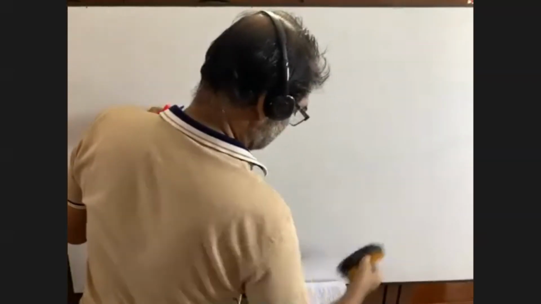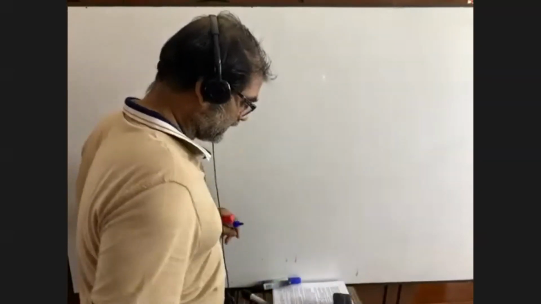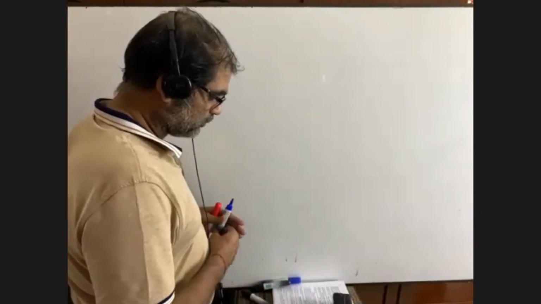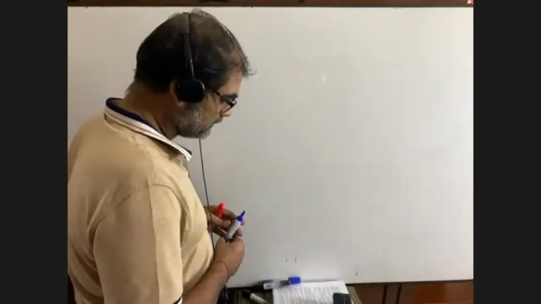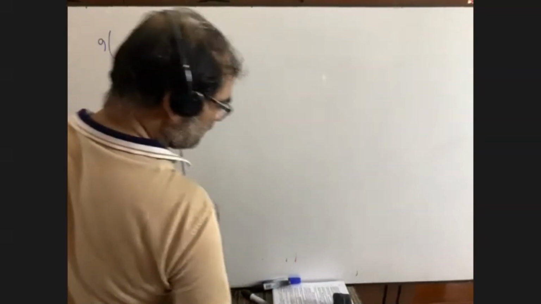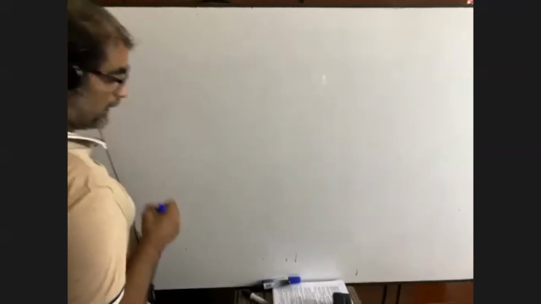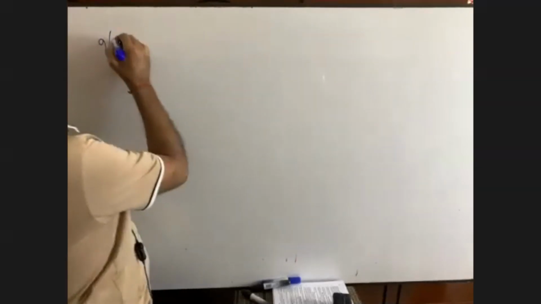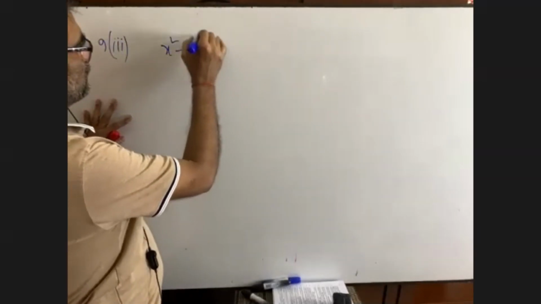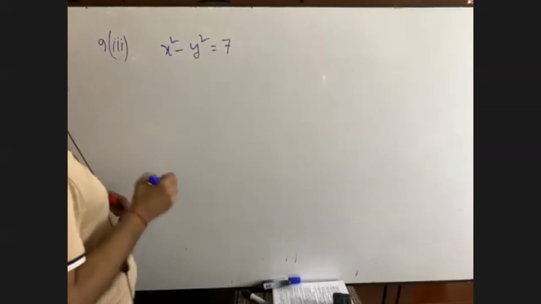At the very beginning, I discussed it. Okay, now I'm going to do another math, which is very, very important for you. But I don't know if you will be able to do it or not. Question number 9.3. Same math. Y, x square minus y square equals 7. Find dy by dx.